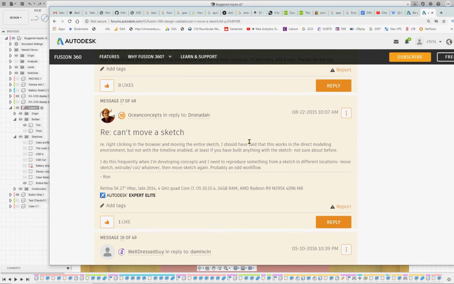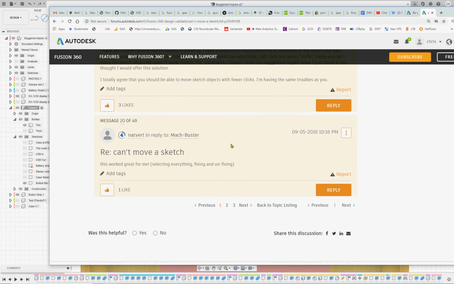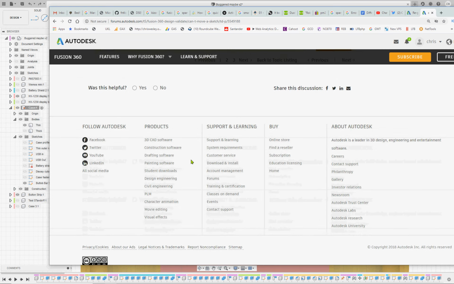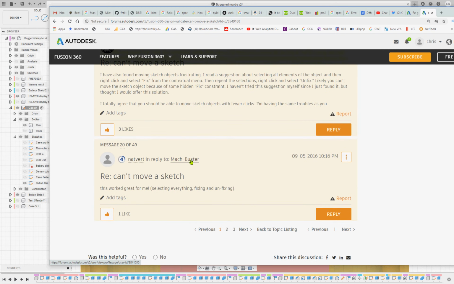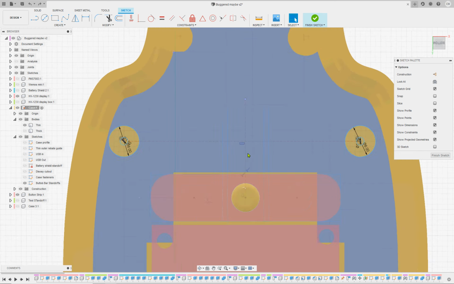Can't move a sketch. By right clicking in the browser and moving the entire sketch, I should have said that this works in the direct modeling environment, but not with the timeline enabled. Oh joy! Why? And how is Joe Blow supposed to know that? It's like, really? Really? Was this helpful? Oh, don't get me started. If you can't see with massive screaming clarity what's wrong here, then honestly, well,